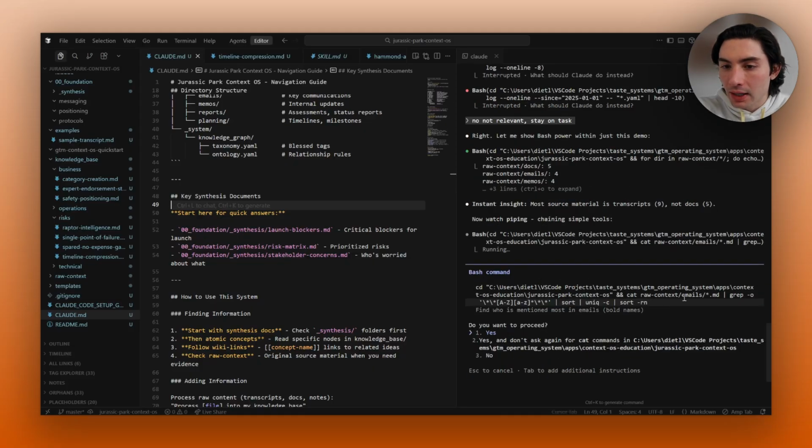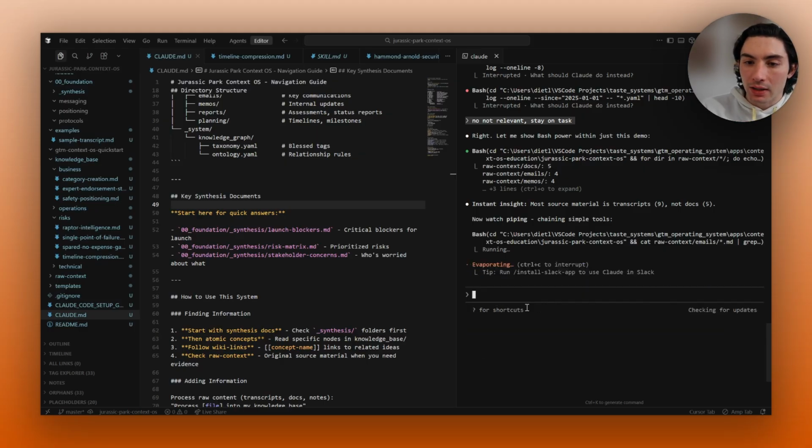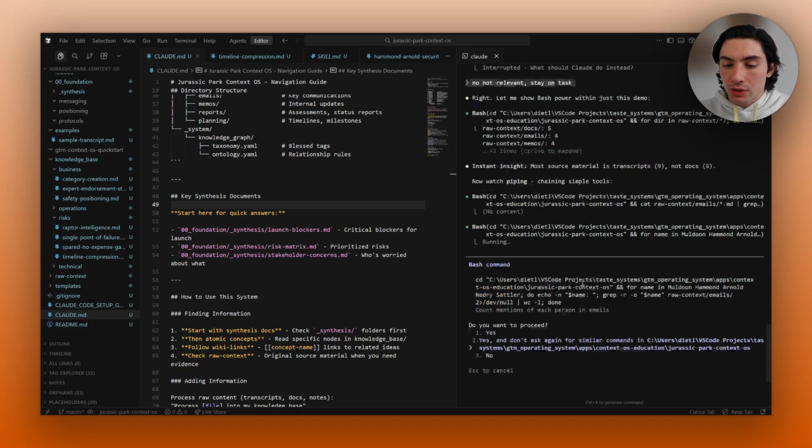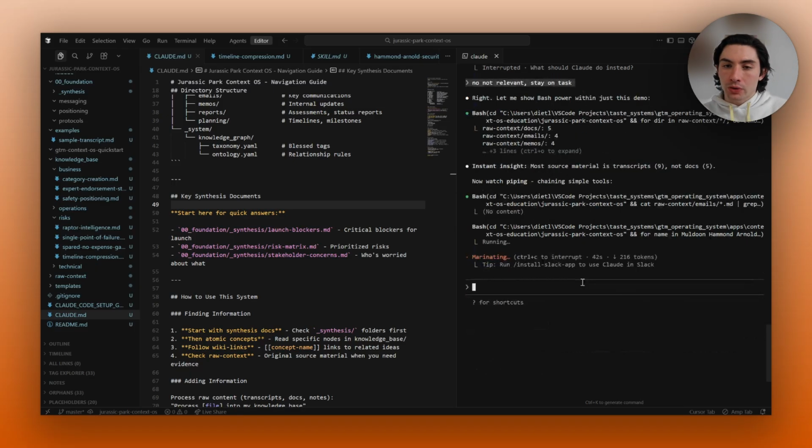And what is it demoing? It's going to grep. And this pattern right here is basically a pattern to search for emails. I know it doesn't look like it, but this is what I mean by you get into syntax. So I could have said, hey, find me emails, and it would translate that into this syntax pattern to find those emails and answer the question: who is mentioned the most in emails? And I can just do similar commands, so then it can go search on its own.